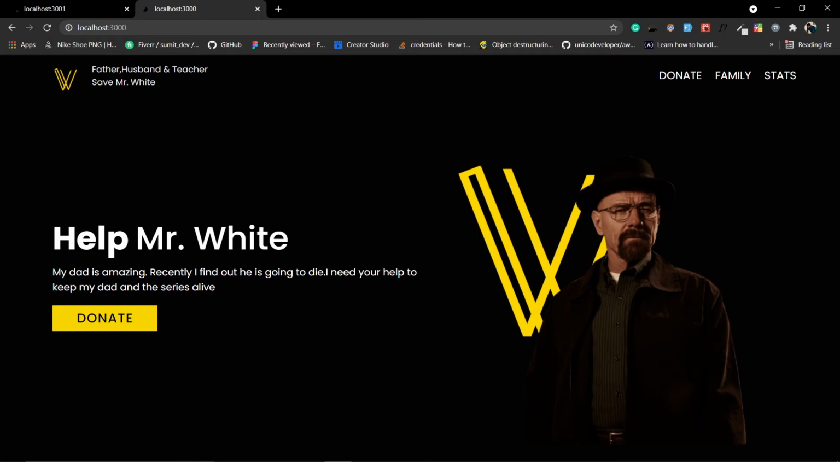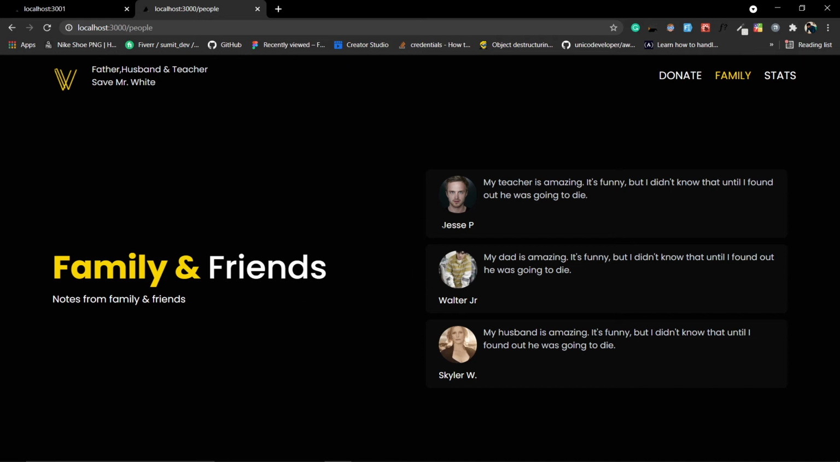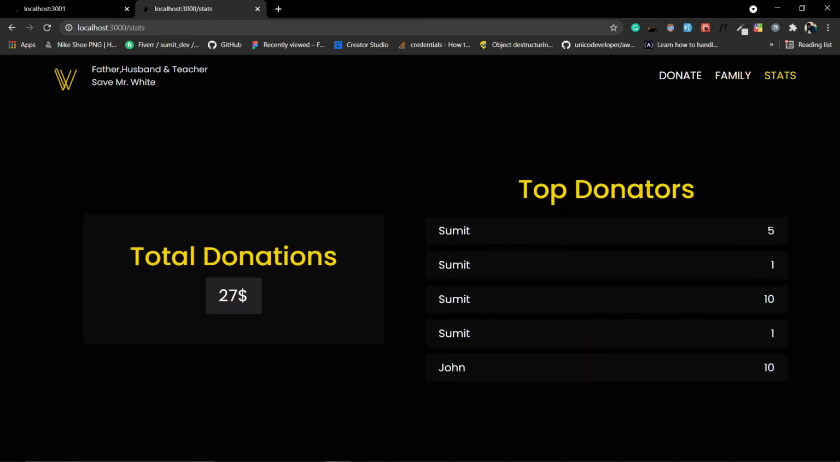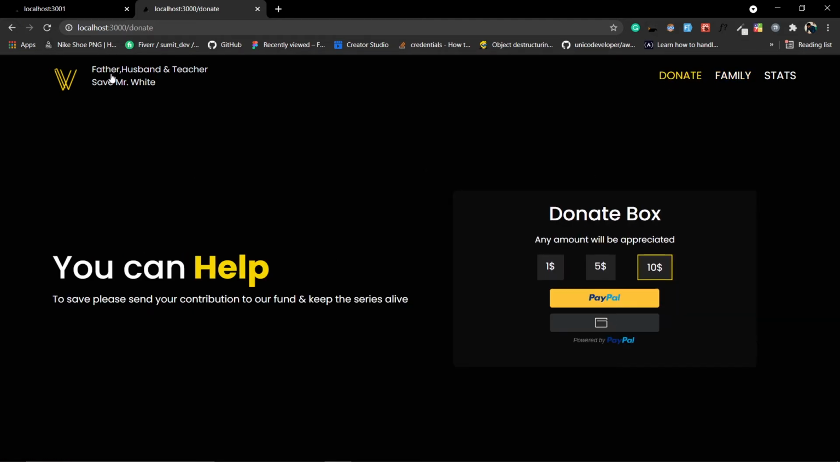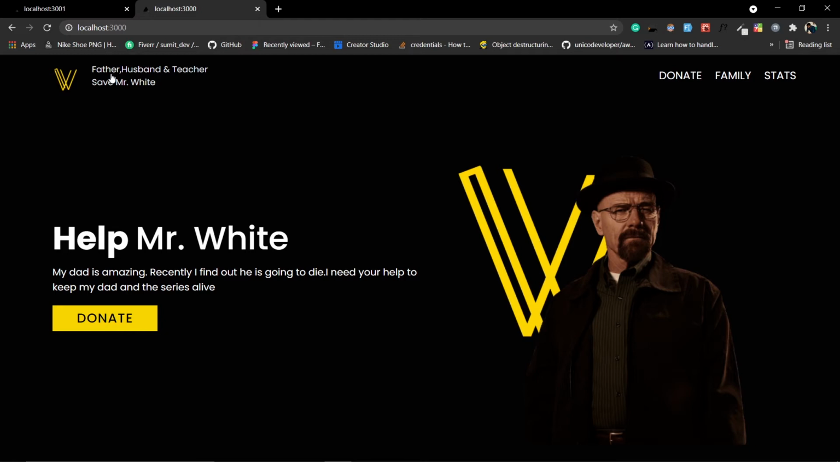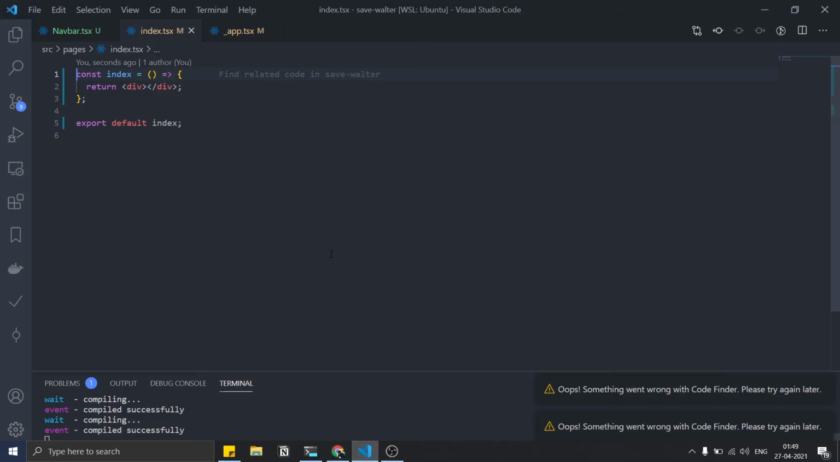And then look at this, we can make this a Tailwind component, because this text, this Help Mr. White is similar to this, just go to this family. It is similar to this family and friends, the style and all. Just go to stats. This is also similar to this total donations. No, this is not similar to this total donation, but this is similar to this family and this donate. So you can make this a Tailwind component, and we'll see how to create a Tailwind component. It's not a React component, but a Tailwind component. Okay, so just go to this index.tsx